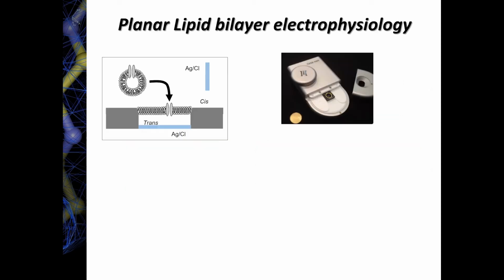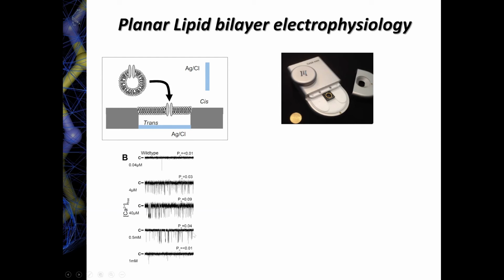mutant. Okay, so as Conrad nicely introduced, we also did some bilayer electrophysiology to characterize this mutant and verify what it really is doing, particularly under the conditions that we also want to investigate via cryo-EM. And so on the left here, you see single channel traces of wild type big ryanodine receptor. And we're looking at recordings performed at different calcium levels. And you see at very low calcium levels, there are very few openings. These openings increase with increased calcium concentrations and then decrease again as you go up to the millimolar range.